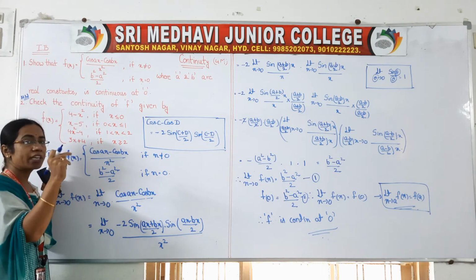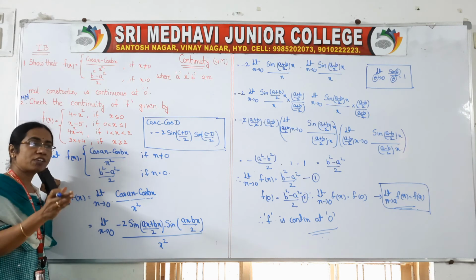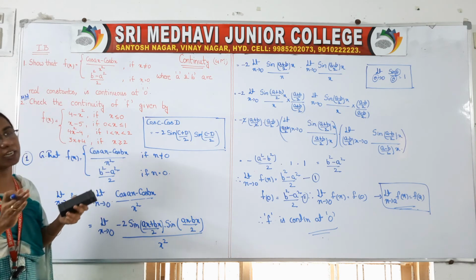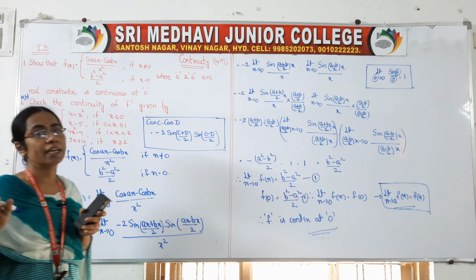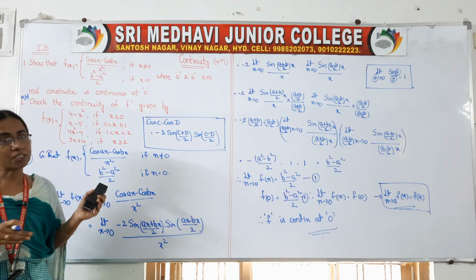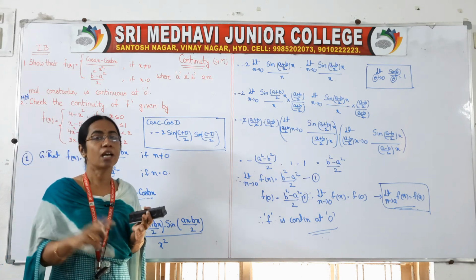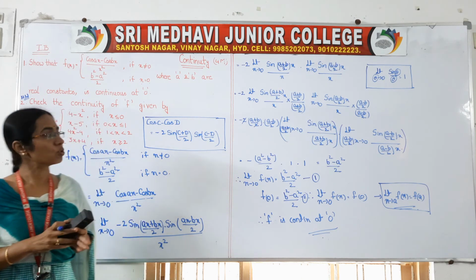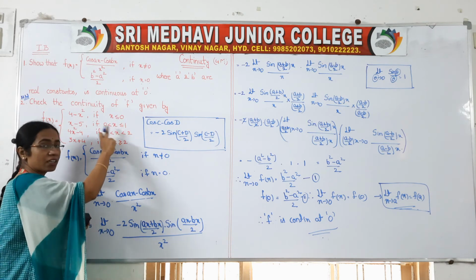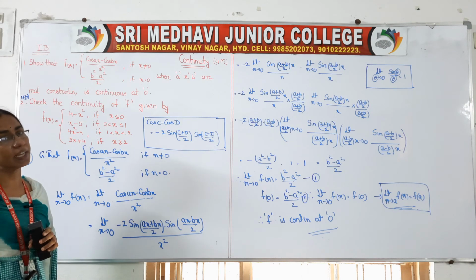So next you take continuity at 2. Check the continuity at 2, same thing, take the left hand limit at 2 and the right hand limit at 2. If the left hand limit at 2 is not equal to the right hand limit at 2, the function is not continuous at 2. That means this function is not continuous at 0, at 1 and at 2. Okay, so do this problem carefully, very simple, less than, greater than are given. We have to go for left hand limit and right hand limit.